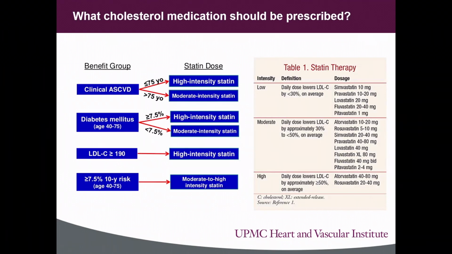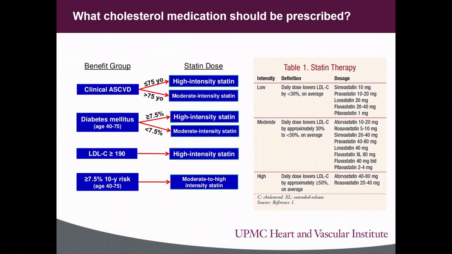And if they're a bit older, a moderate-intensity statin. If patients have diabetes mellitus in that 40 to 75 age bracket, and they have a higher ASCVD risk score greater than or equal to 7.5%, it should be a high-intensity statin. If they're less than 7.5%, it should be a moderate-intensity statin. If their LDL is greater than or equal to 190, it should be a high-intensity statin. And if they have just the ASCVD risk score alone of greater than 7.5% for 10-year risk, it should be